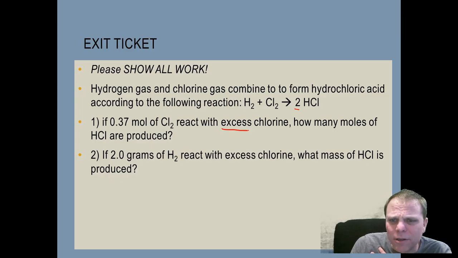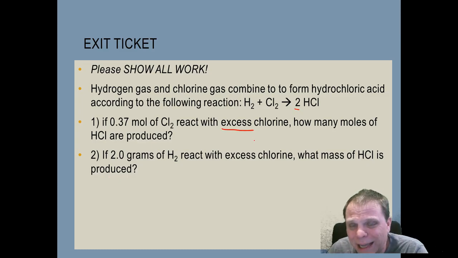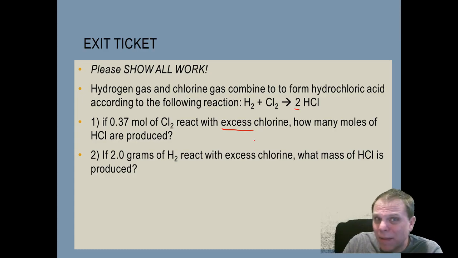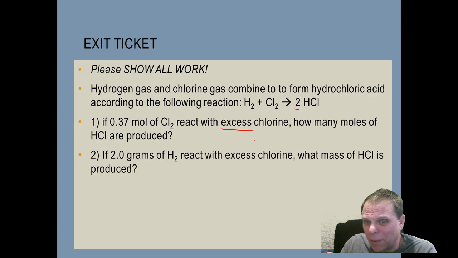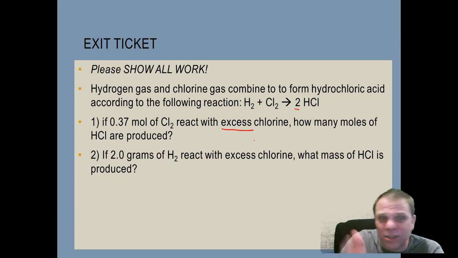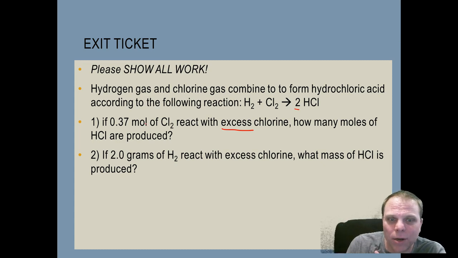A lot of people get confused with this word, excess chlorine. It just means that it's not a limiting factor, and you haven't learned about that yet. That's going to be in the next unit, 9.3. So we'll talk about that in our next lecture, but it just means that you're starting with the other substance. We're just starting with the ones that we've been given, 0.37 moles of chlorine. So we start with that 0.37 moles of chlorine,